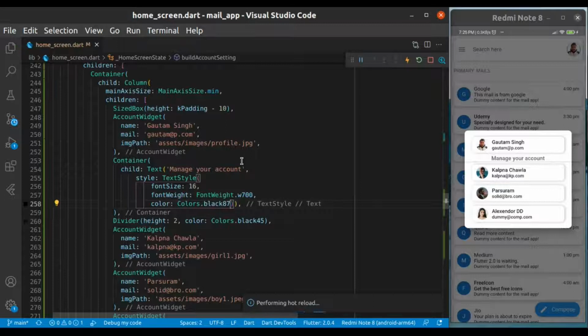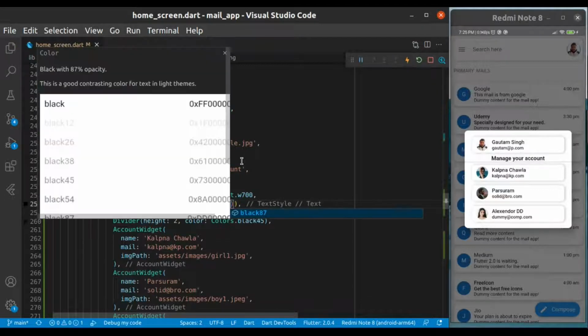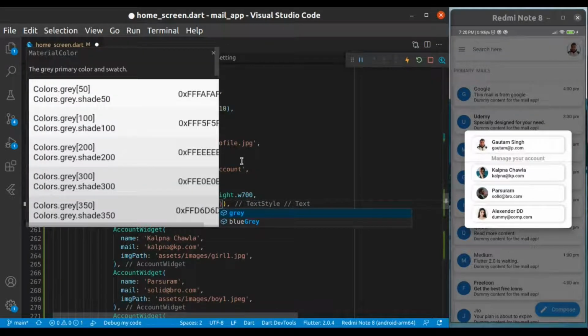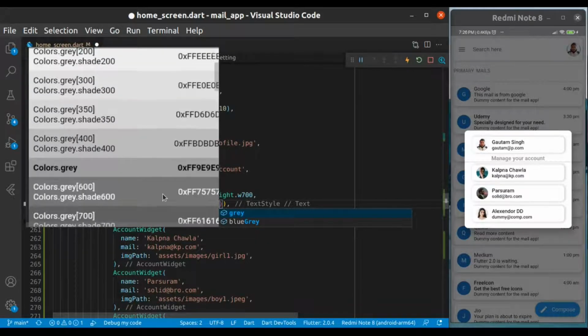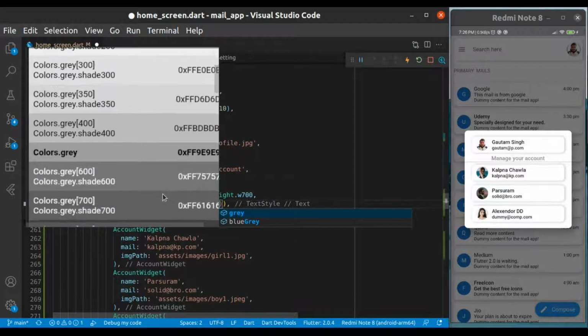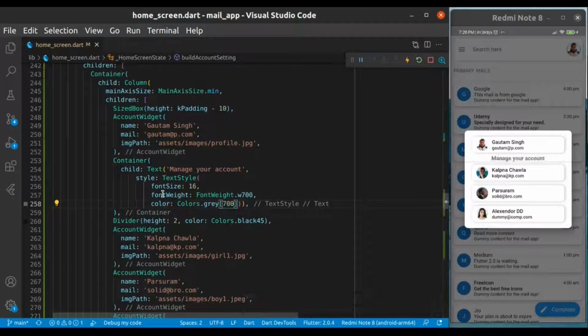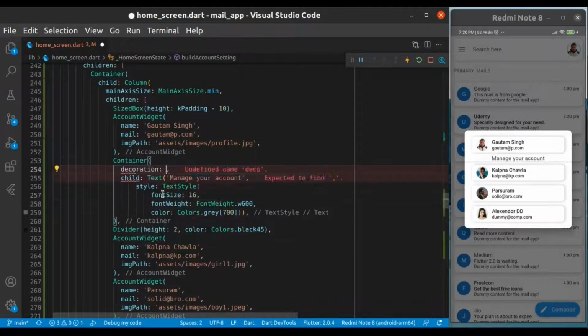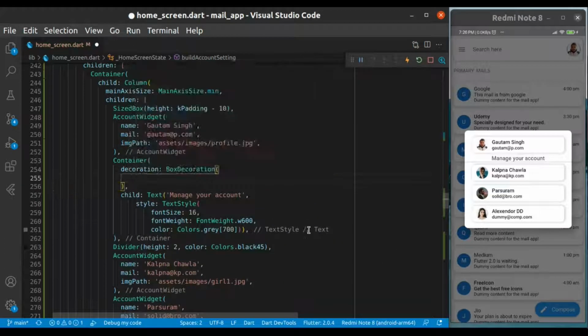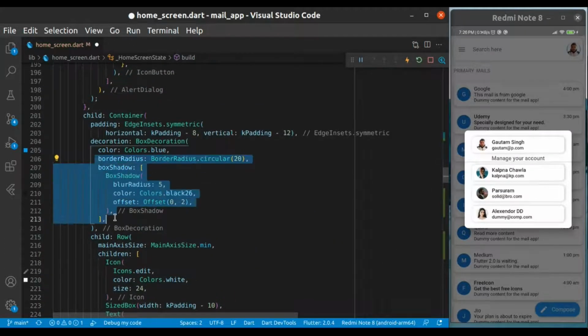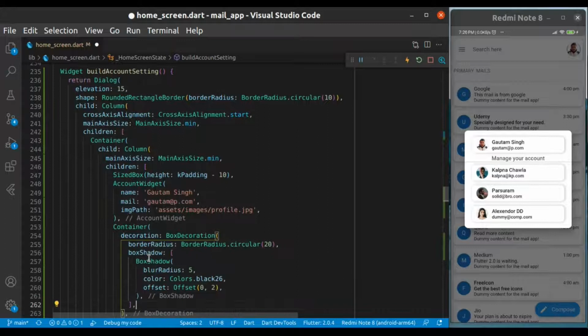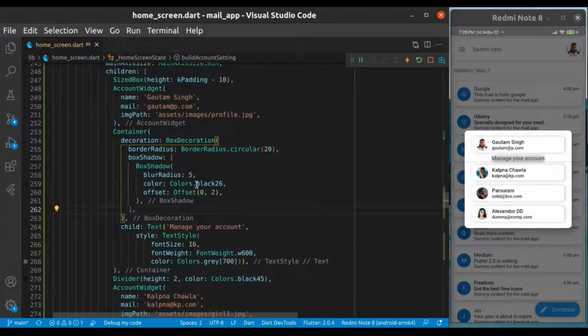So let's change the color. Yes, this gray 700 or 600 I think suits. Yes, and provide some font weight, decrease it, as I told you that you have to take the values as per your need. Just copy the things like the background, shadow and the radius, and provide some color because it's getting the shadow color.